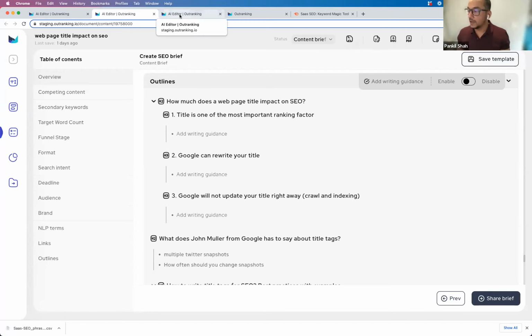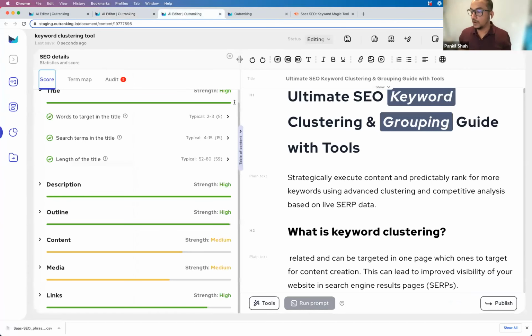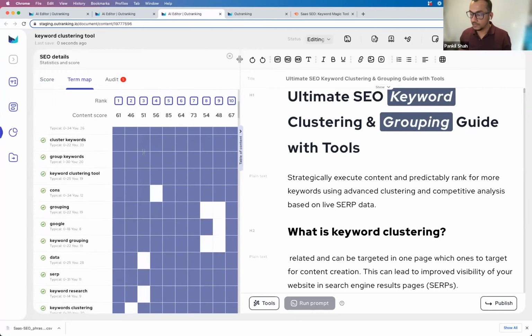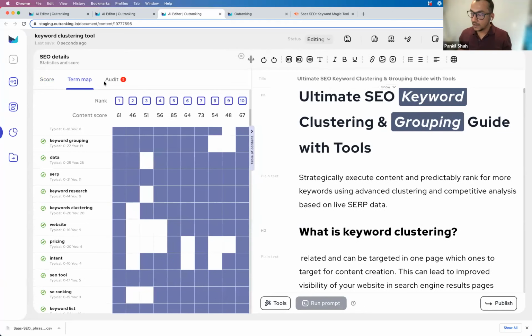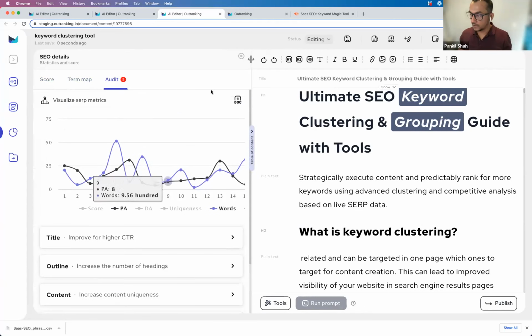Okay. Now let's go to our clustering tool. So this is our regular workflow, our regular content optimization workflow, which also gets a little boost, right? Because many of you are working with AI writing, writing the content inside the tool, and still want to do all of these things without going to content brief. So you still have the map. You can adjust the screen based on your size. And the chart that you have is in the audit.